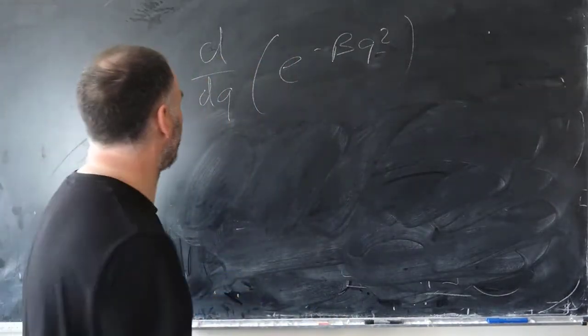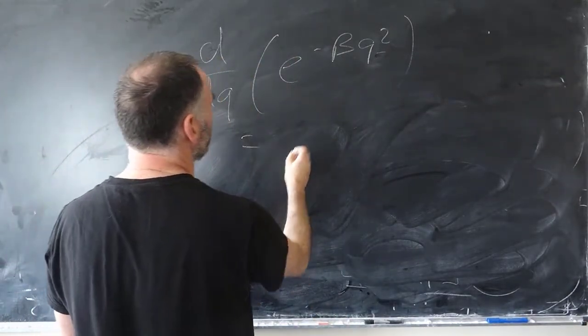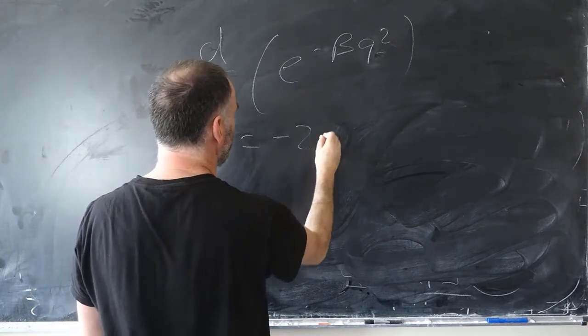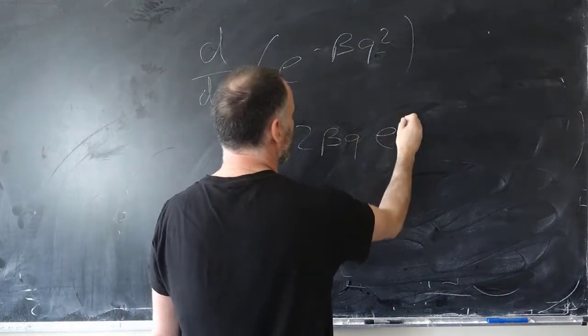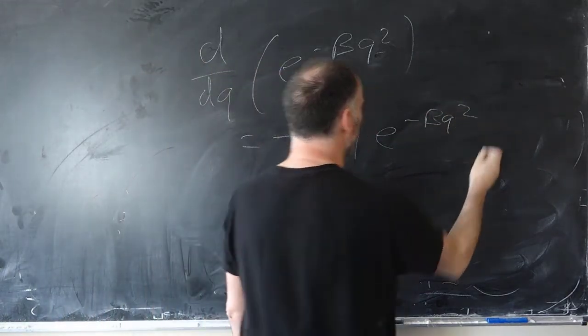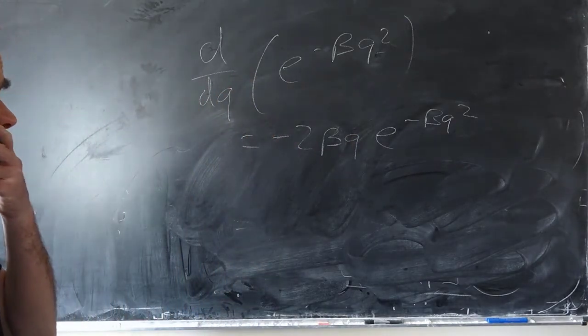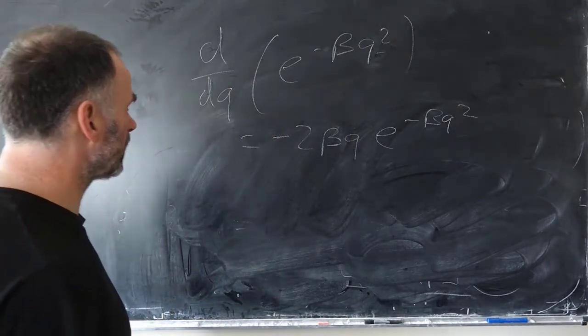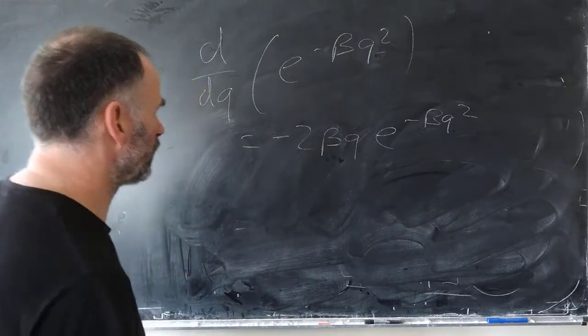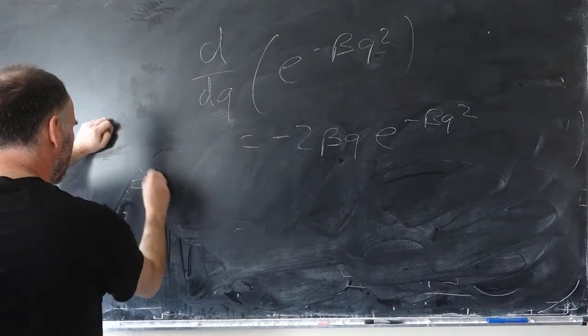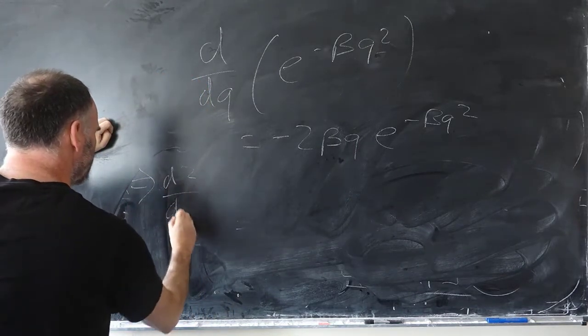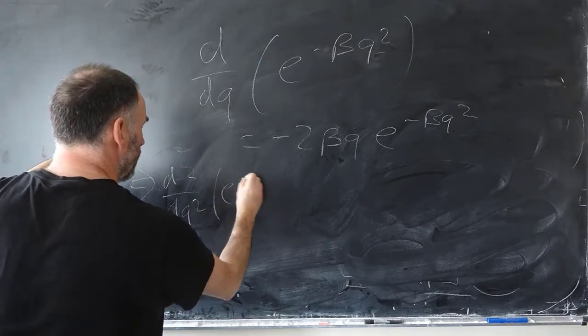Right, so chain rule, so that's going to be, take this through, minus 2 beta q by our original function. Now we're going to get the second derivative of that, which means getting the first derivative of this. That implies d squared dq squared operating on this